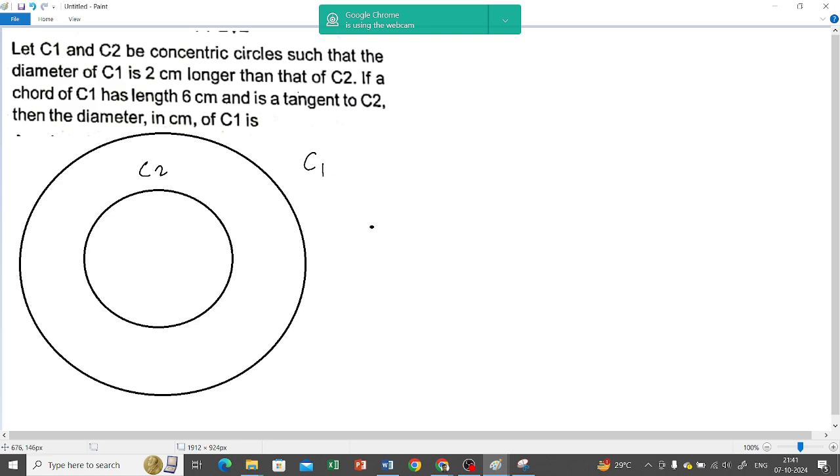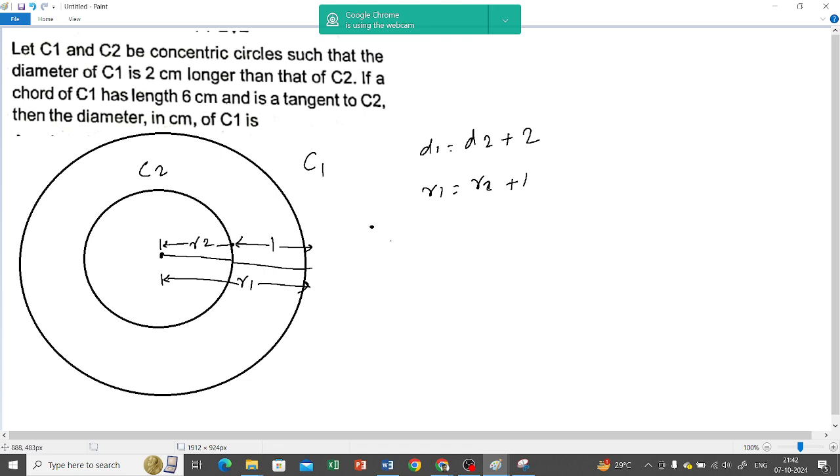Diameter of C1 is 2 cm longer than the diameter of C2. That means D1 is D2 plus 2, or R1 is R2 plus 1. This is R2 and this is R1. Okay, so what is this? 1, right? If the chord of C1 has length 6 centimeter